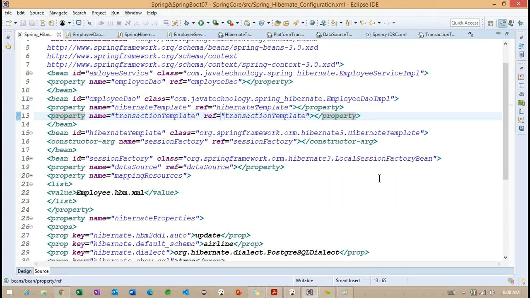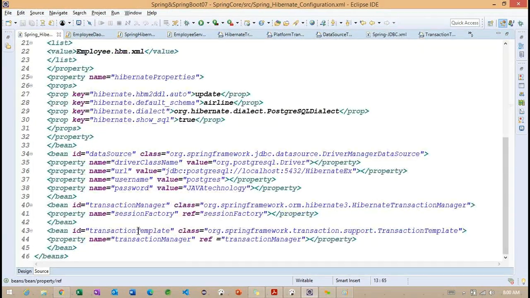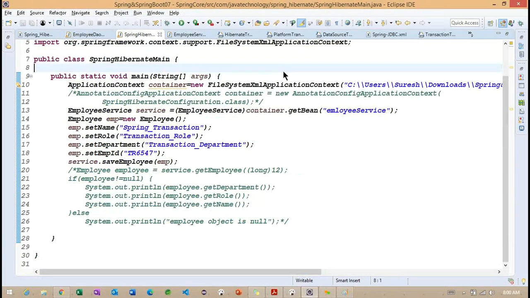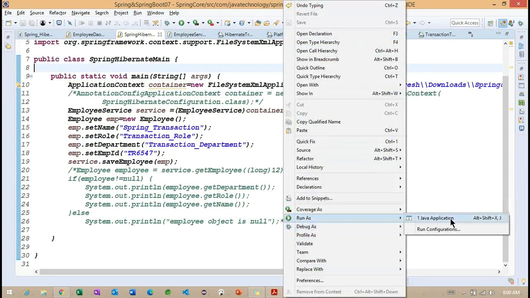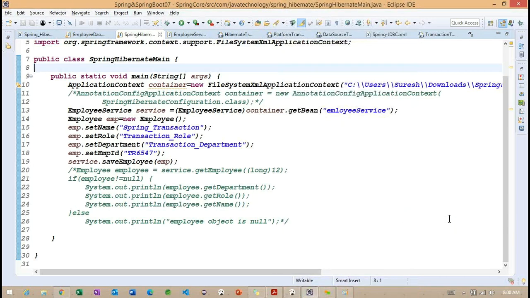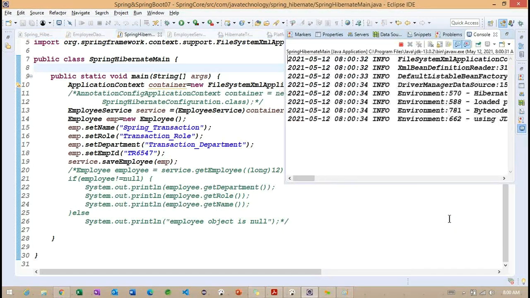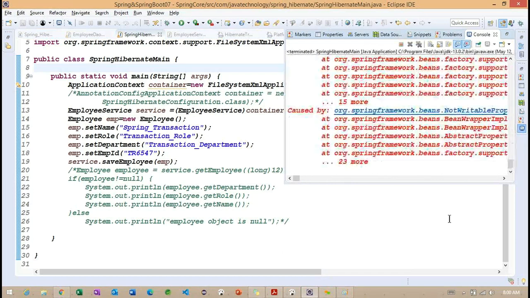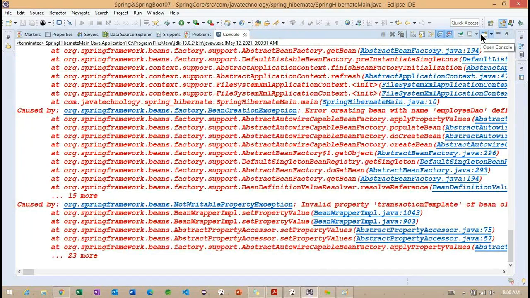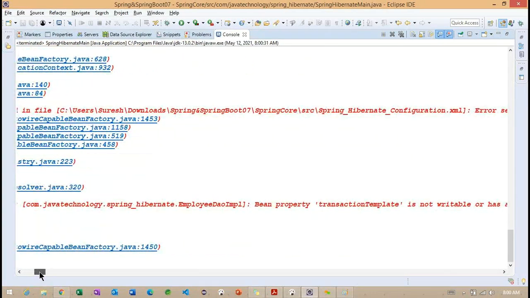Yes. The name of the property we gave is wrong, I guess. So let me run one more time. Again we are getting the same error here.